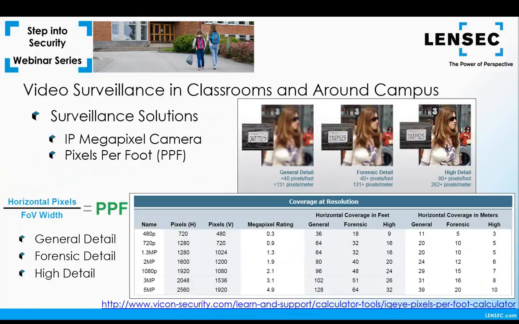You can start to make out facial features, make and model of car, etc. High detail provides the best detail and clarity available in the scene. You can make out specific features in a face. You might be able to clearly identify the driver of a car. You may even be able to make out the denomination of money changing hands or a license plate number under the right circumstances. And the link for this chart is right here at the bottom of the page.